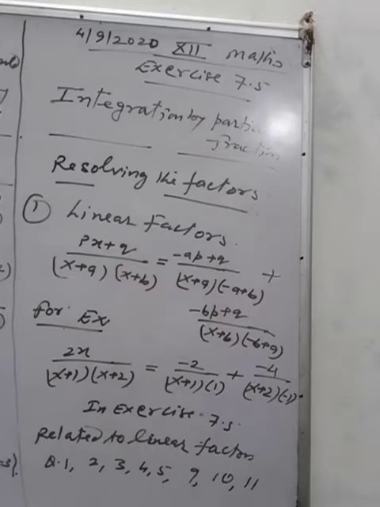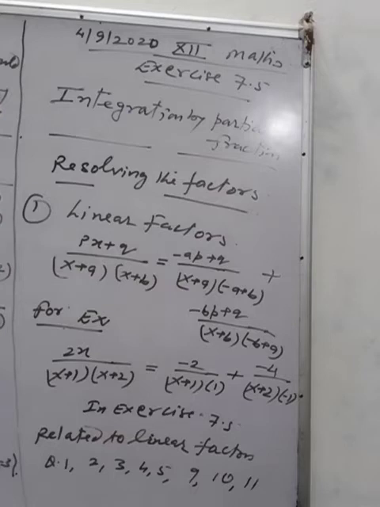now you will write the second factor of the denominator, x plus 2, and determine the value of x from this by putting x plus 2 equal to 0, that is x is equal to minus 2, and putting this value in the numerator, 2 into minus 2, that is minus 4, and the remaining factor of the denominator means you will put it in the first factor, x plus 1. So putting x is equal to minus 2 in the first factor, minus 2 plus 1, that is minus 1.